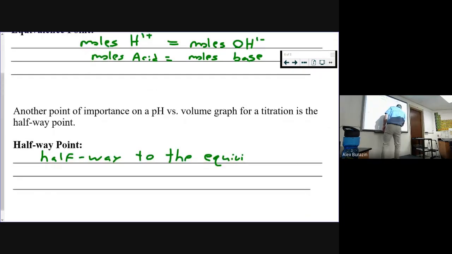Equivalence, okay. That's true, there you go. I teach science, not English. Now,